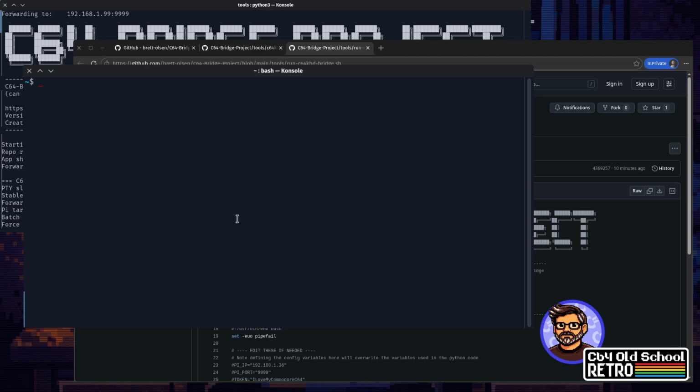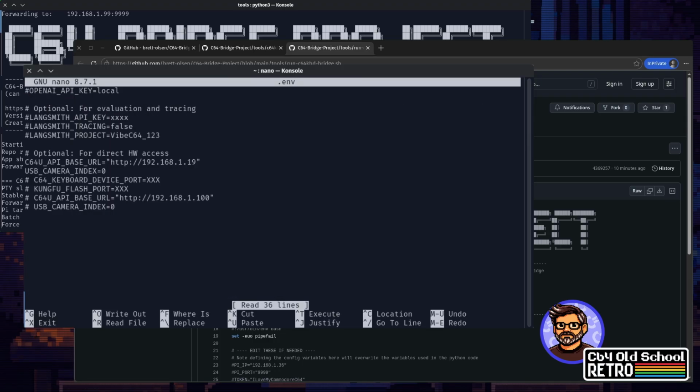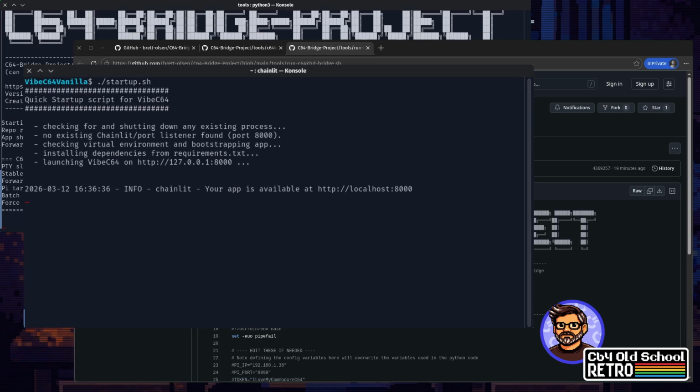Okay, we're just going to pop into my Vibe C64 directory and we're going to edit the configuration file and scroll down to the section that we're really interested in, which is basically this line here, C64 keyboard device port equals XXX. And basically we're going to change that to be the port that is displayed on the C64 bridge that's running there. And if we save this now,